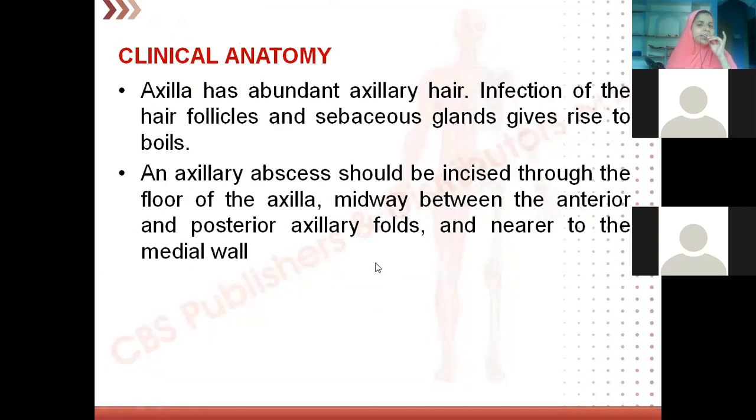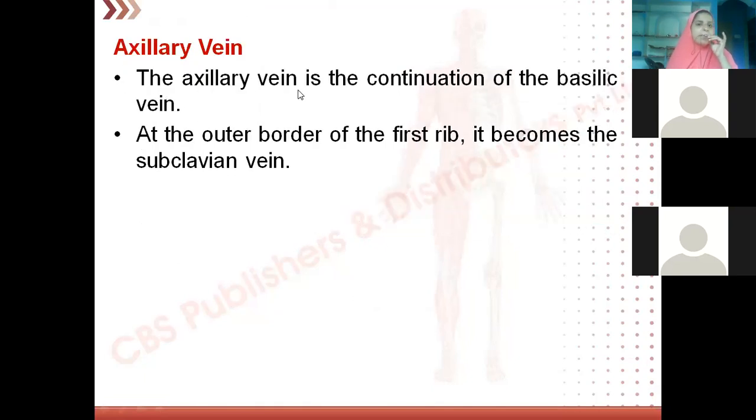I will take you to another point of axillary artery where we need to discuss some more points. Just to complete the topic, see, axillary artery is accompanied by axillary vein, which is in continuation with basilic vein. Anyhow, I will take venous drainage of upper limb as a separate topic when you will come across all the veins. Okay, so we know axillary vein is actually seen at the outer border of the first rib where it becomes continuous with the subclavian vein.